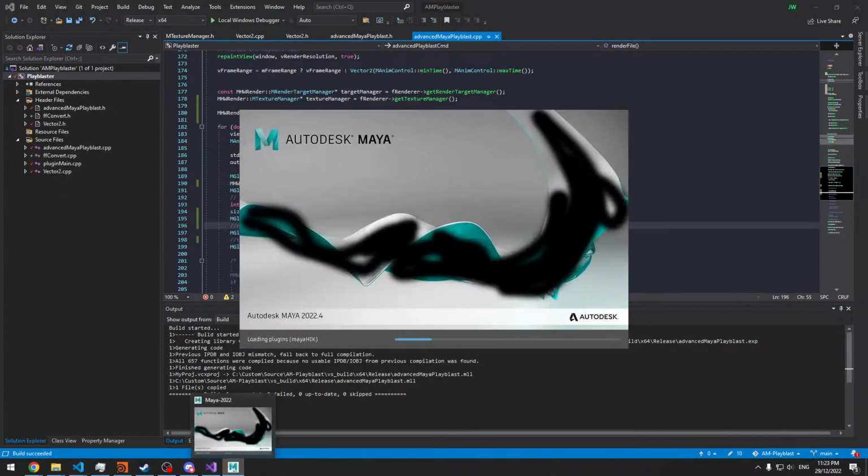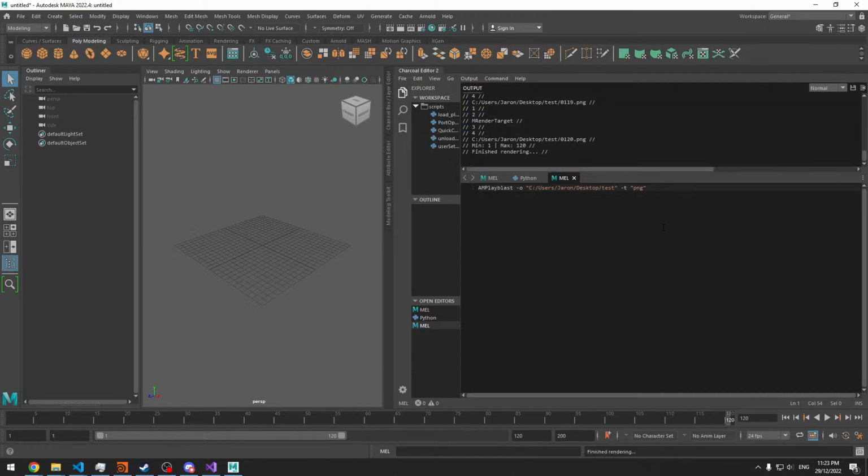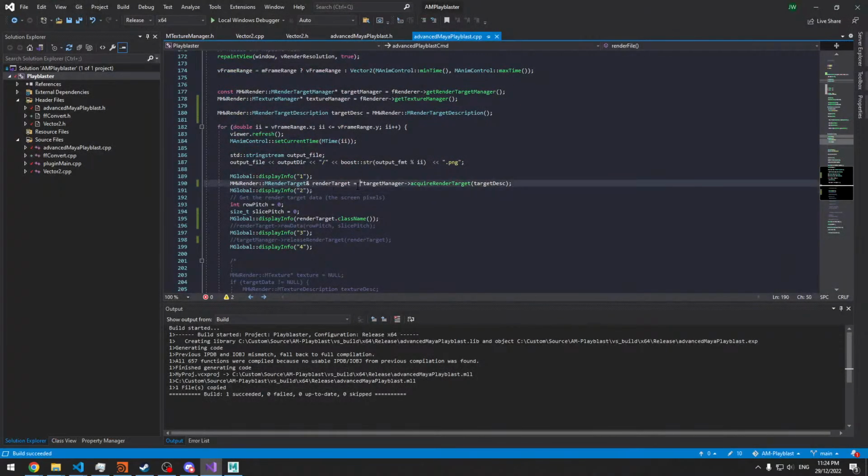Hang on. It does give me an M-render target. For some reason. Writing that out